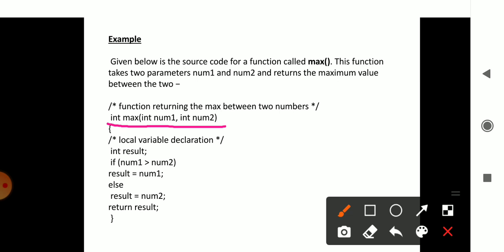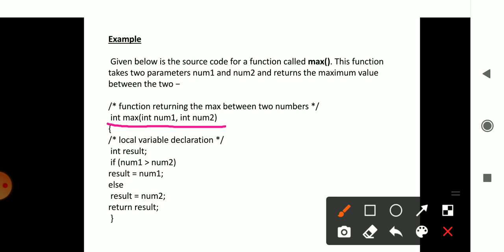Our function name is maxOf, and it is used to find the biggest of the two numbers, num1 and num2, and num1 and num2 are our input data. So I have given this input data as a parameter list within the function. Hope it's clear to you now.